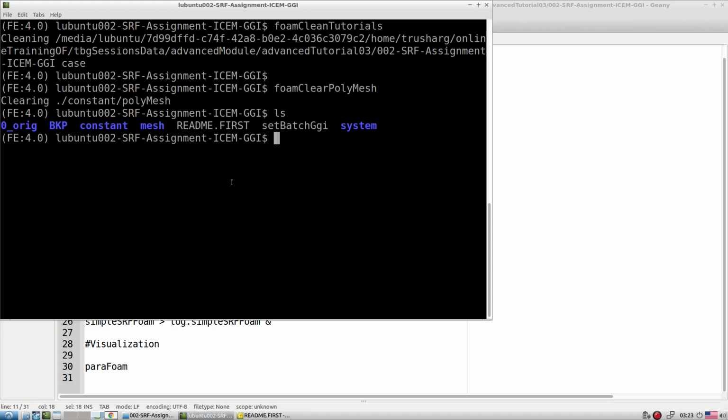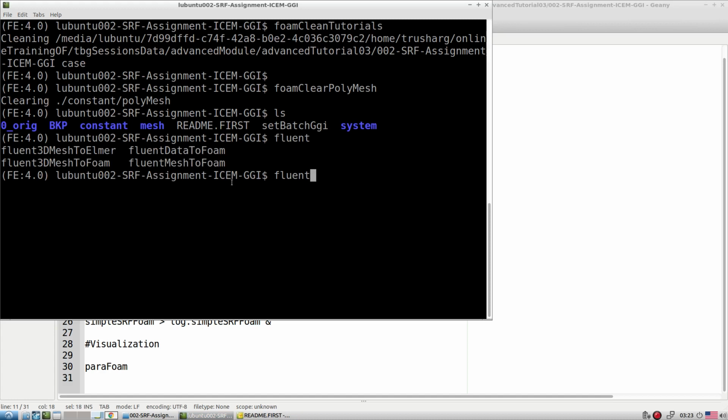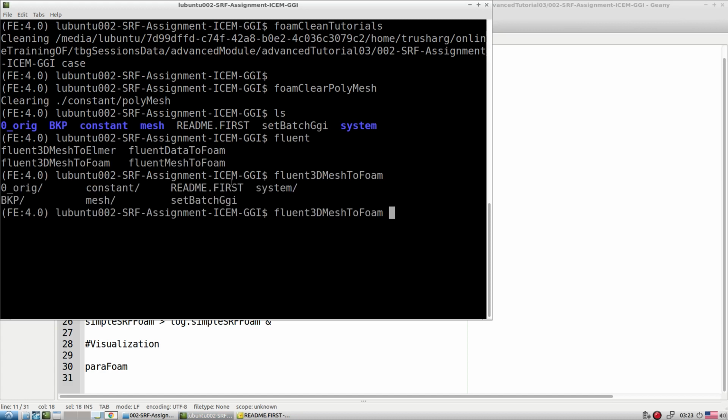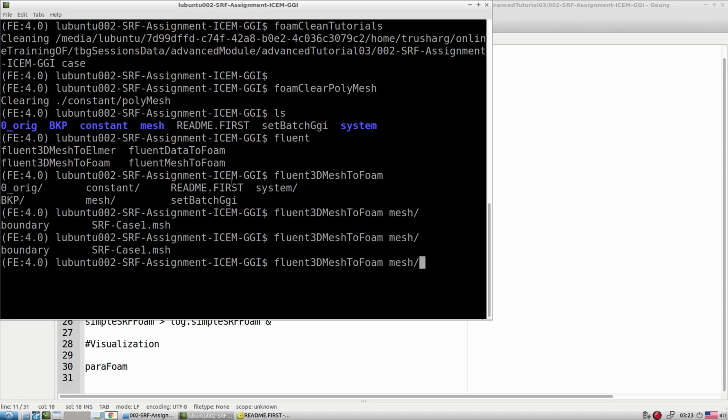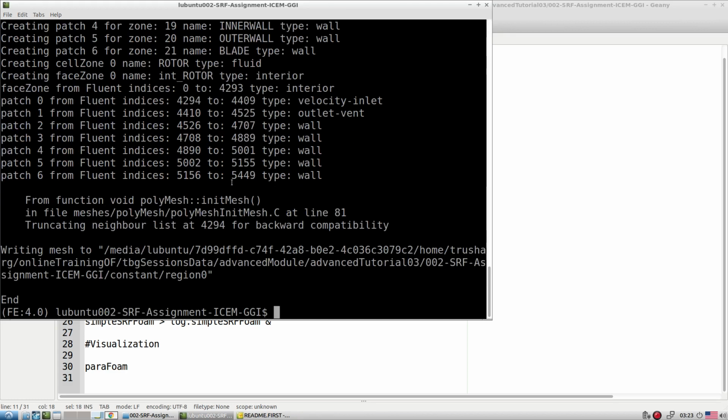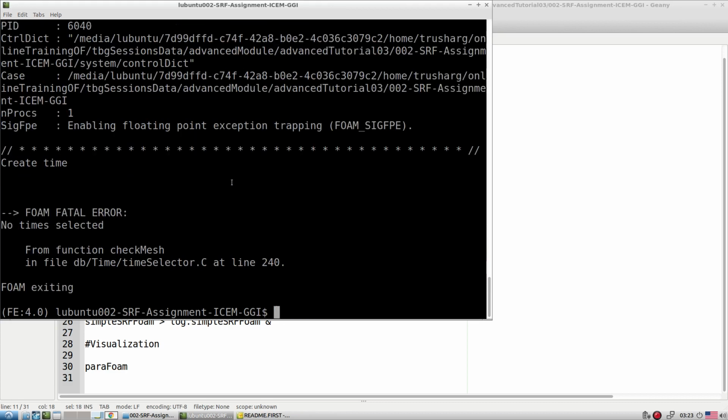So we try to use fluent3DMeshToFoam, and then read the mesh from the mesh folder. Okay, so we are able to read the mesh here, but it does not allow you to do checkMesh.